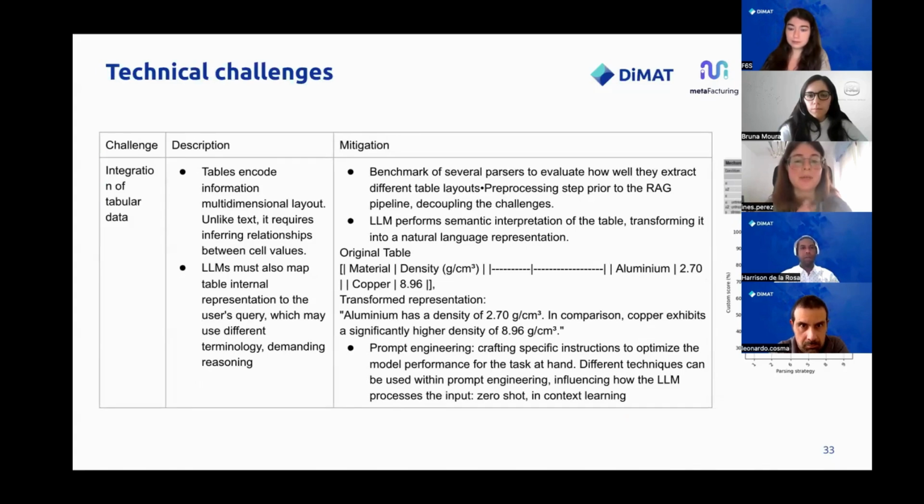So these language models are trained on text, not on tables, and they struggle to understand the relationship between the columns and the rows of the table. That's why we need to pre-process this information a bit, because at the same time that these models have to understand this tabular information, they also have to map it with the queries of the user, which can sometimes be a bit abstract. So what we have done is